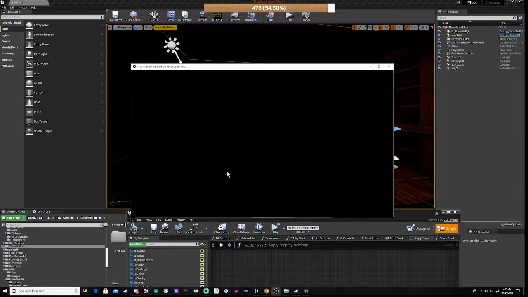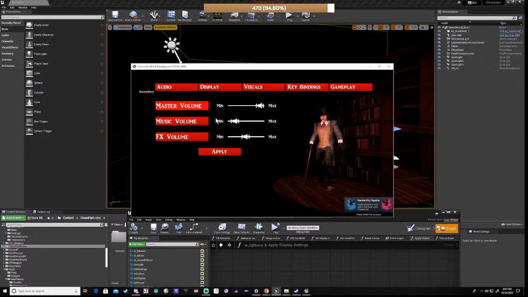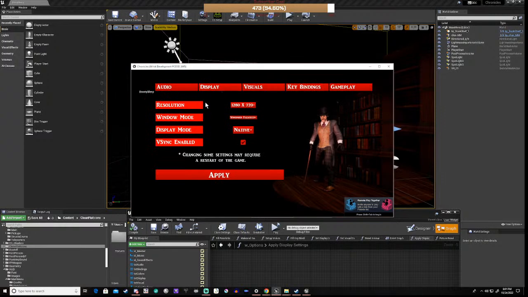Do you automatically set it to the resolution that your machine is currently in, or do you set the game to a different resolution? You'll notice now it's in 1280 by 720. So what it's doing here is it's picking up